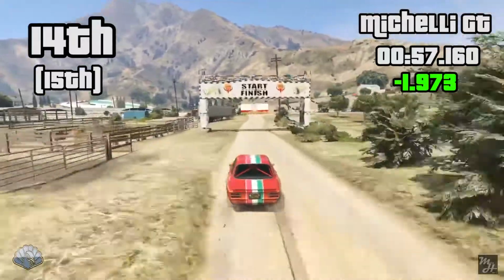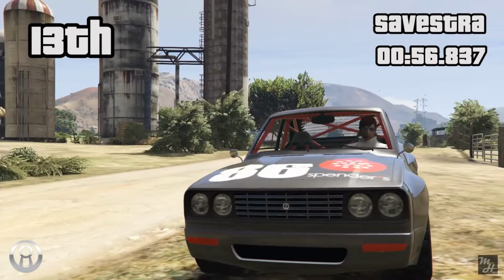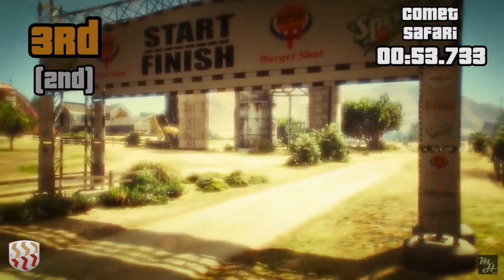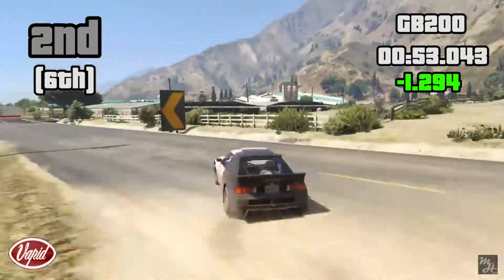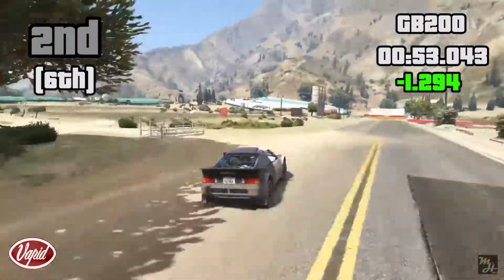Now we're going to take a little bit of a jump here up to the very top of the leaderboard, because the Comet Safari has been pushed down to 3rd place from 2nd place, because the GB200 gains 4 places. I did say in the original testing video that this car would be a lot faster without the handling flags, and it's turned out to be true. 1.2 seconds here puts it